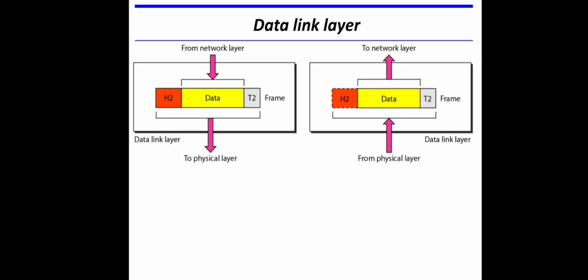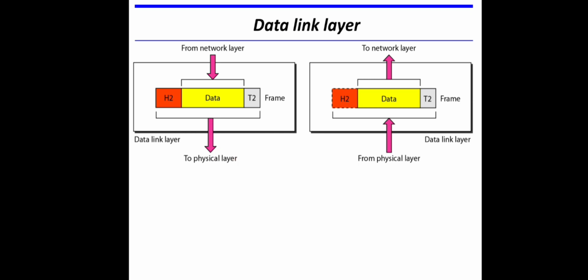Now coming to the second layer, the data link layer. From the name itself, we can guess that it treats the message as data rather than individual bits. This is the layer which forms some meaningful units for data. Thinking about the position of the data link layer in our network software, it receives the data from the network layer in the case of the sender machine. This is the data part. Then it attaches a header part and trailer part to form a frame, and this frame is passed on to the physical layer.